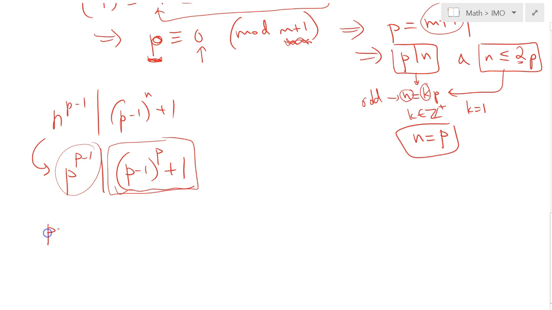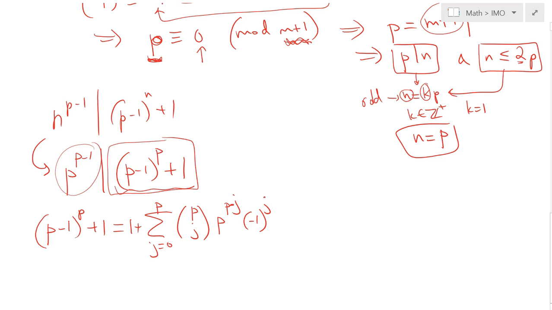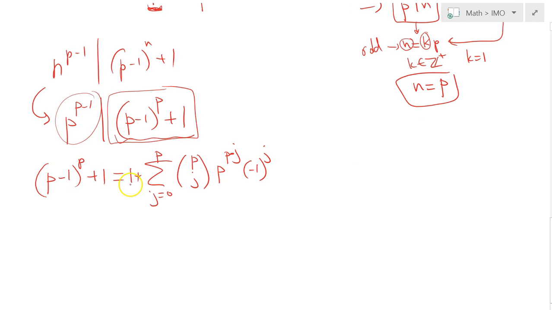So therefore this expression here, (p minus 1) raised to the p power plus 1, is simply equal to the summation. Let me just write the plus 1 in the front. j equals from 0 to p, p choose j, p to the power p minus j, that's a minus sign here, times (minus 1) to the power j. And now I will further split it, 1 plus, in fact I will just write it from j equals 0 to p, p choose j, p to the power p minus